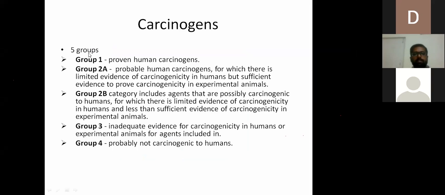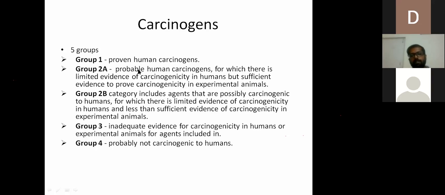Carcinogens are commonly divided into 5 groups depending upon their efficiency of causing cancer. So group 1, 2A, 2B, 3, 4. There is no group 5. Though it is 5 groups, it is only group 1, group 2 which has 2A and 2B, group 3 and group 4. Group 1, they are all proven human carcinogens. Group 2A are probable human carcinogens, for which there is limited evidence of carcinogenicity in humans, but sufficient evidence to prove carcinogenicity in experimental animals. That means in animals there is sufficient evidence, but in humans there is only limited evidence. That is 2A. 2B, they are